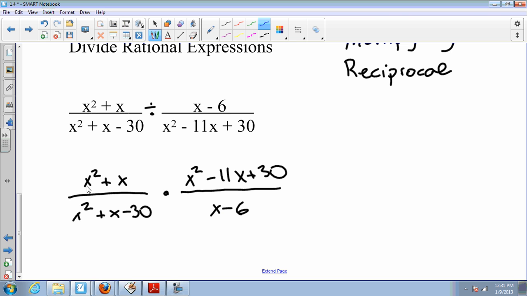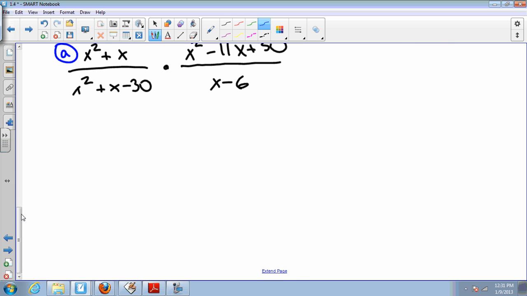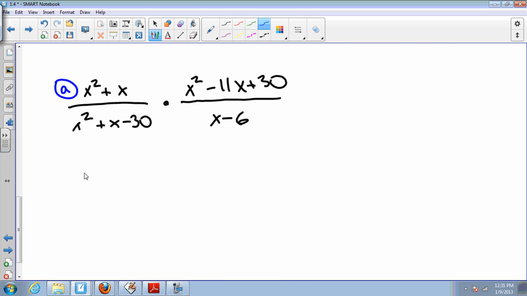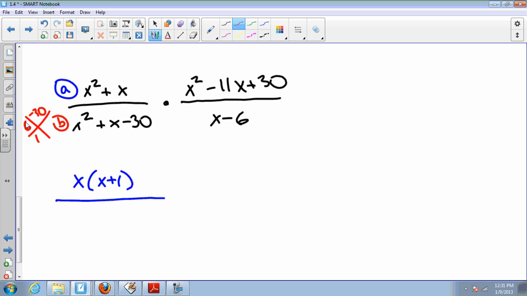Factor each section. And then we have x squared plus x. It's two terms. It's not a sum and difference pattern, so you take out the GCF, which is x, and you have x plus 1 left over. B, what multiplies to negative 30 and adds to 1? That would be 6 and negative 5. So it goes to x plus 6, x minus 5,